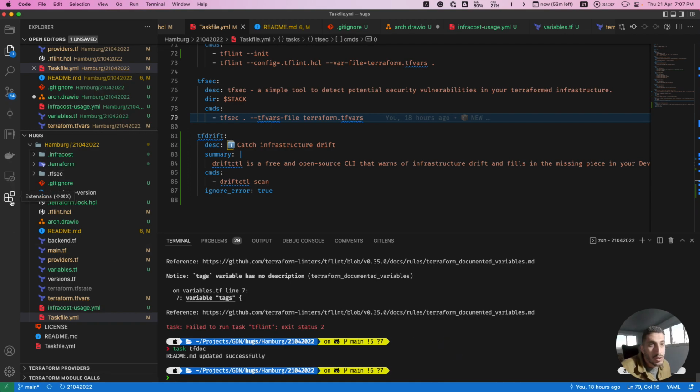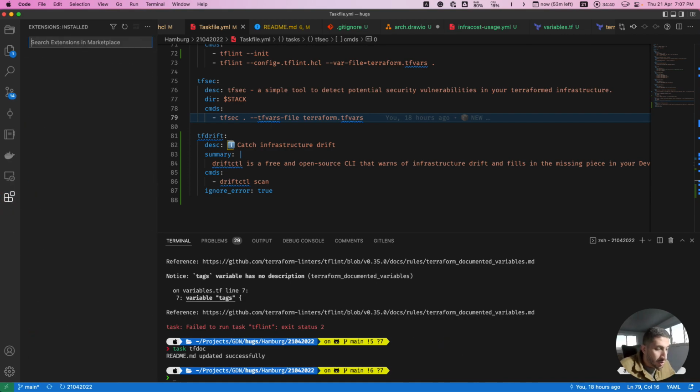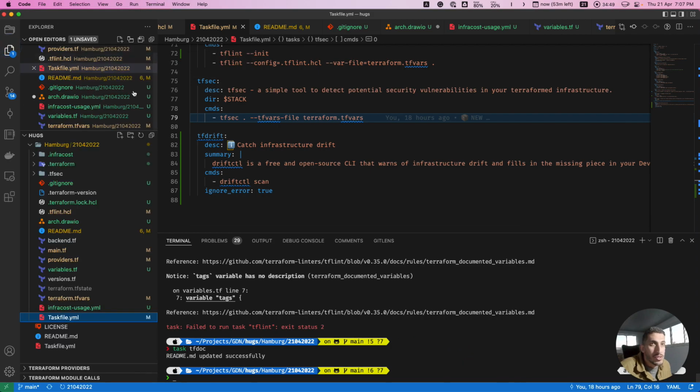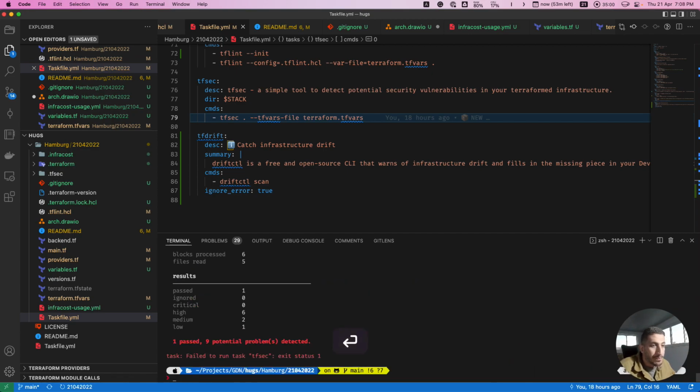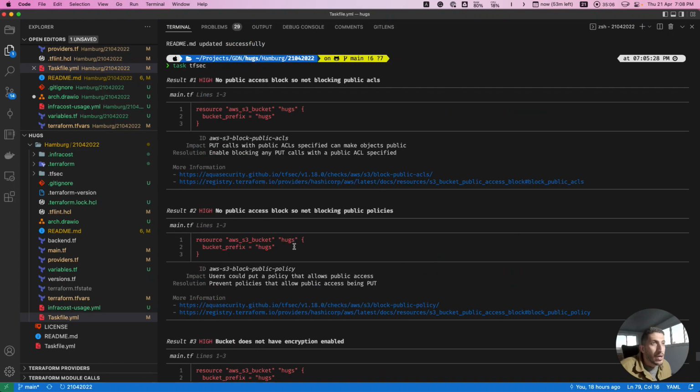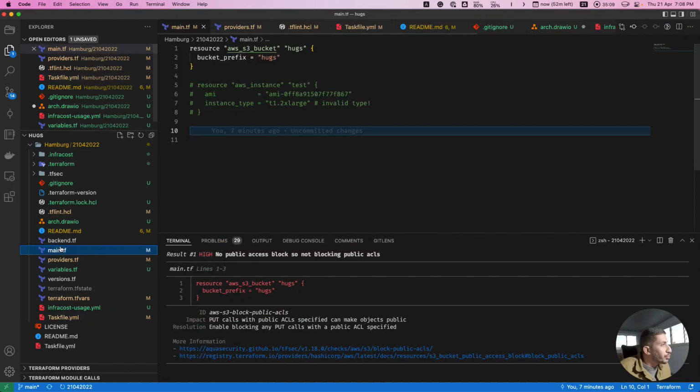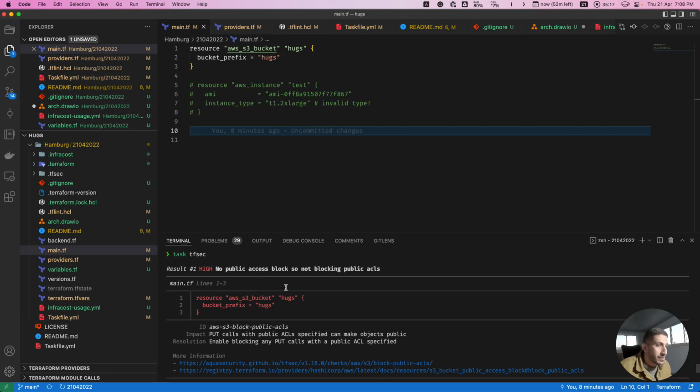This is again really important, and you can find, actually, if you search on VS Code, there is also an extension for this one. But again, let's keep it simple and use the CLI, because if you can do the CLI on your local machine, you can do it on the CI/CD pipeline. That's the idea here. So let's run task TFSec. Okay, there is a bunch of stuff or findings. Let's see. By the way, our main dummy application is just deploying an S3 bucket. Okay, for us. So yeah, let's see.